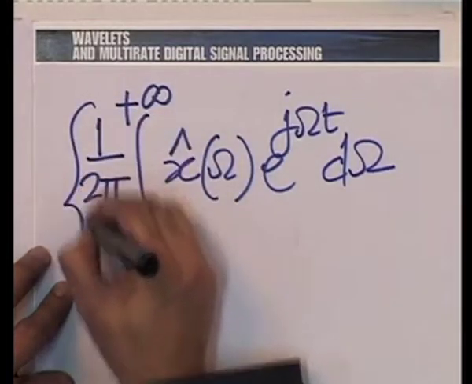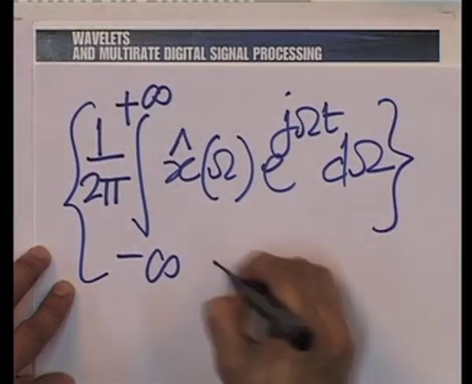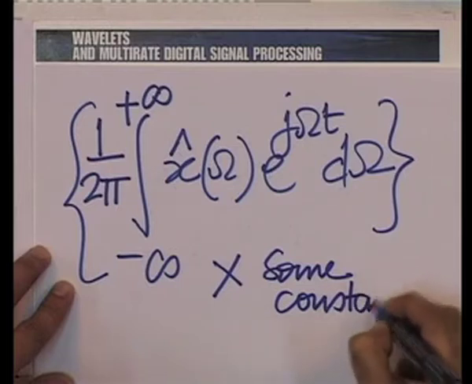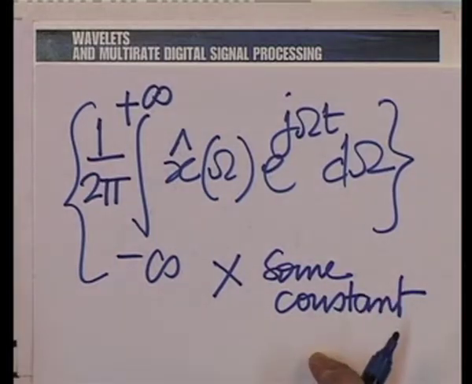So, this whole thing multiplied by some constant, and this constant emerges from